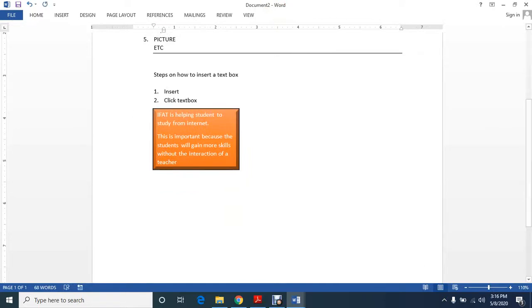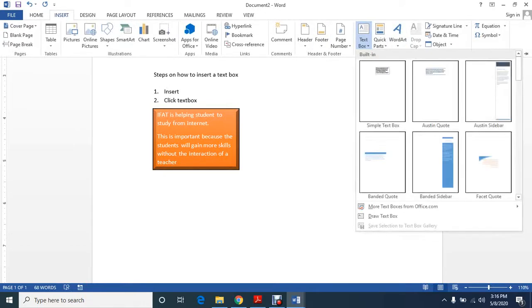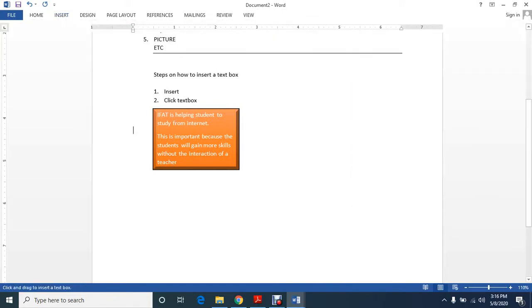I can also create another text box like this one. If I create two text boxes, I can create a link between the two text boxes. Let me create another text box. Let us draw a text box here.